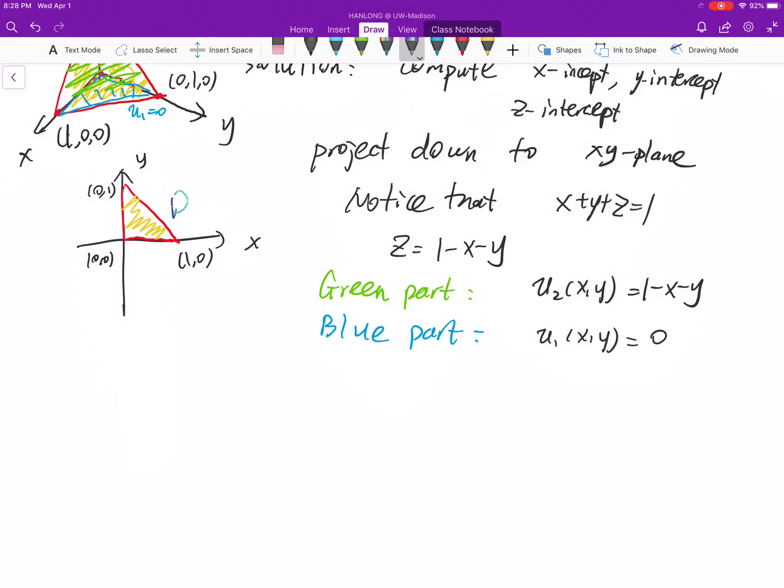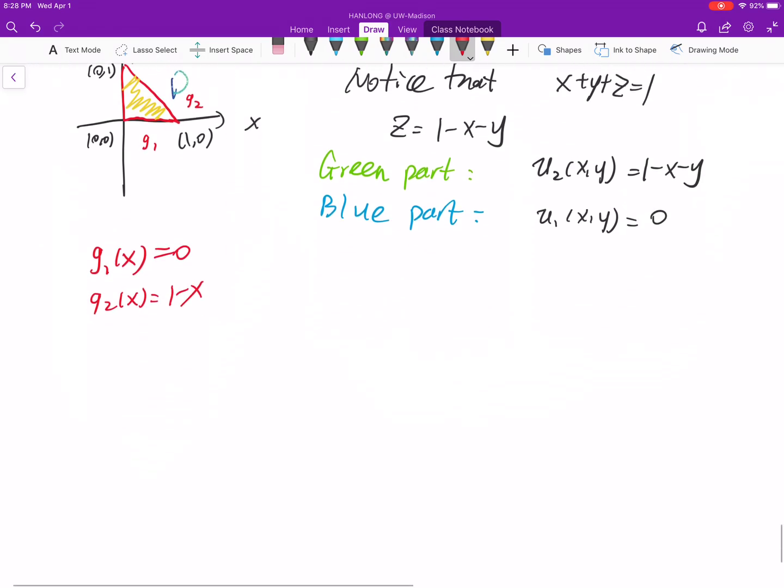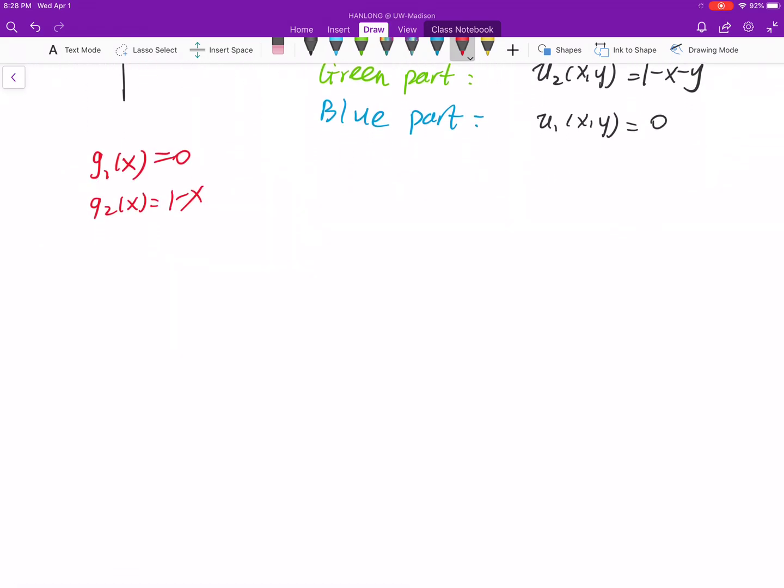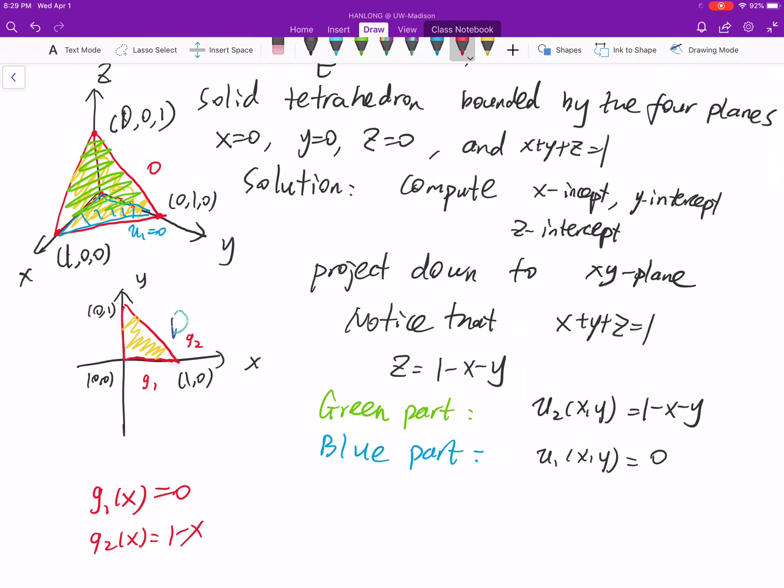This is an easy example we know before, and here we can use g2, g1. We view D as a type 1 domain, so g1(x) is 0, g2(x) is 1 minus x. Okay, so as a conclusion, the whole solid, let's call it E,